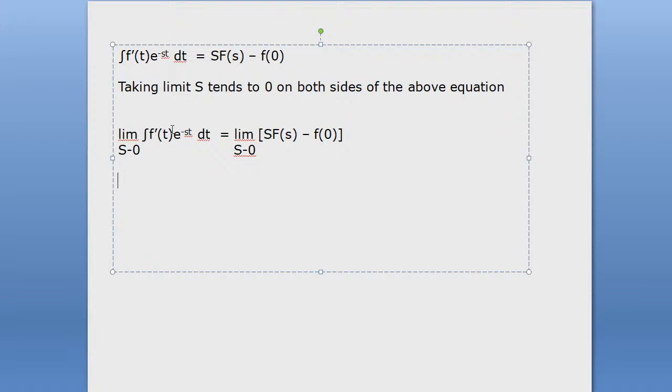What you will get, you tell me. The limit is 0 to infinity, and this is the limit of f of s. So therefore you can write limit t tends to infinity f of t minus limit t tends to 0 f of t. So let me write it, it's better. So we can write